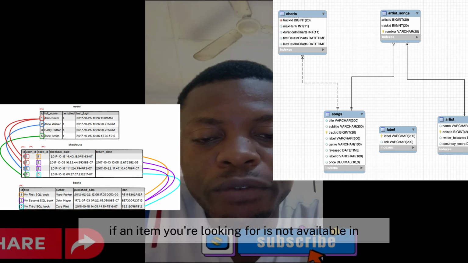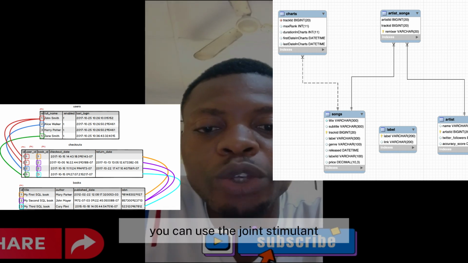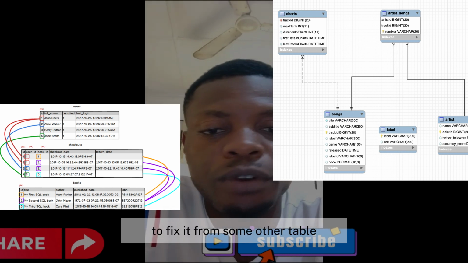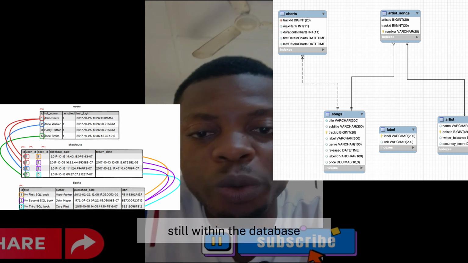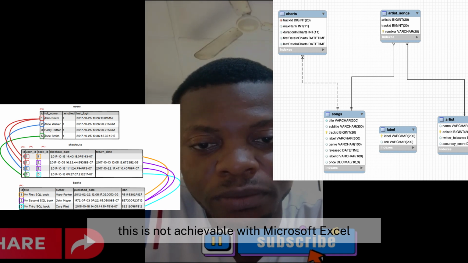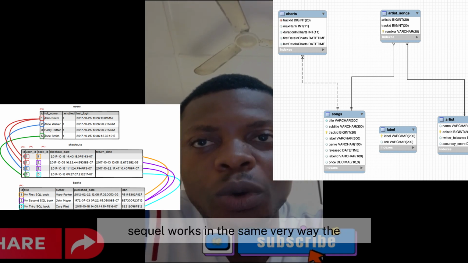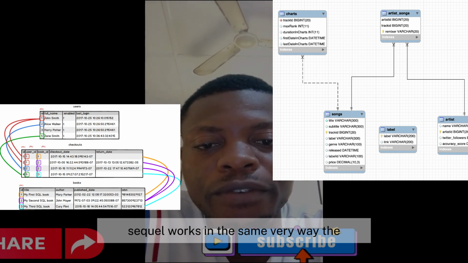If an item you're looking for is not available in the table you're using at an instance, you can use the JOIN statement to fetch it from some other table, still within the database. This is not achievable with Microsoft Excel. Okay? SQL works in the same very way